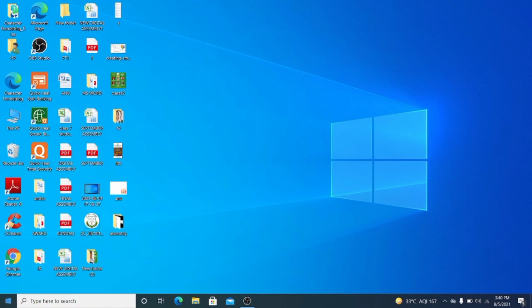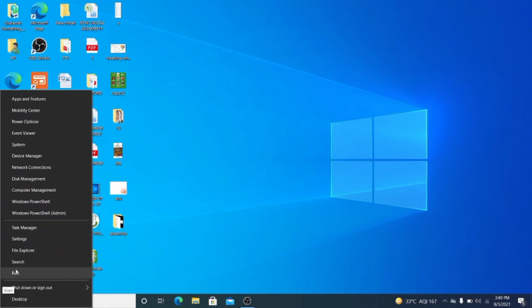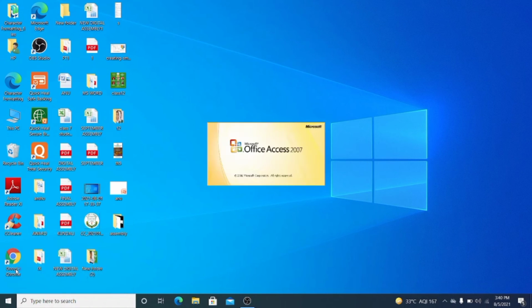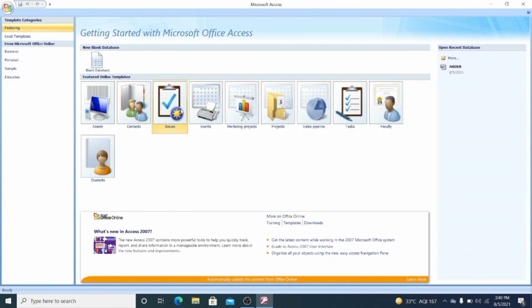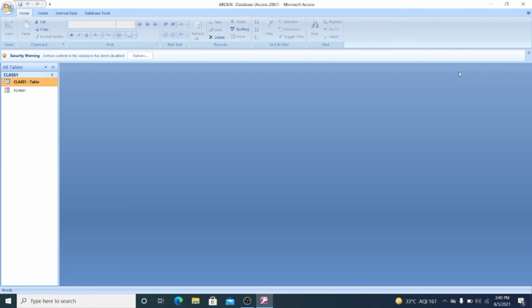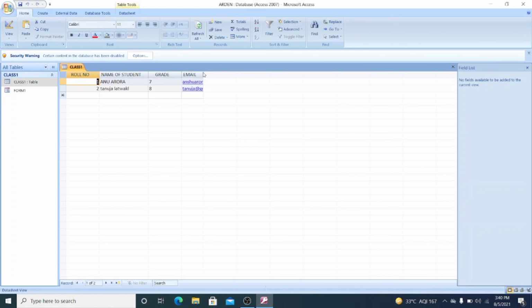For that I have to click on the run option, then type MS Access here, and now I'll open my file from here. The recent open databases you can see from here and use them. If I'm opening the Arden one, now you will be able to see the details of the two students I input. So here you have seen that whatever we insert through the form will reflect in the table format.